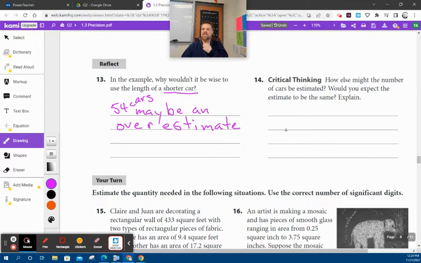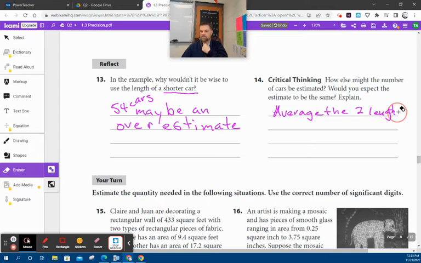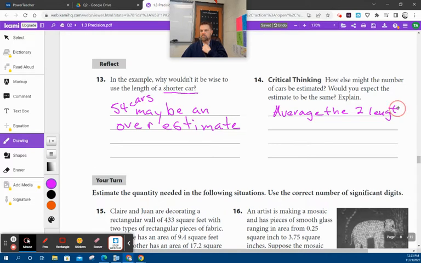Question number 14. It says, how else might the number of cars be estimated? Would you expect the estimate to be the same? You could average the two lengths of the cars. That's supposed to be a T in there. Let me fix that. In other words, you could say 820, and if you look up here,